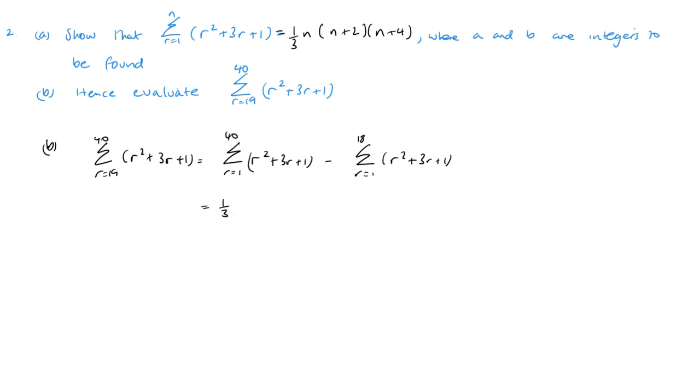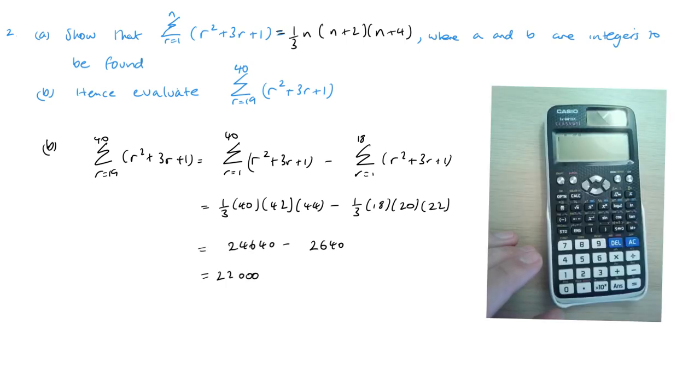So this is 1/3 times 40 times 42 times 44 minus 1/3 times 18 times 20 times 22. So this is 24640 minus 2640, and that is